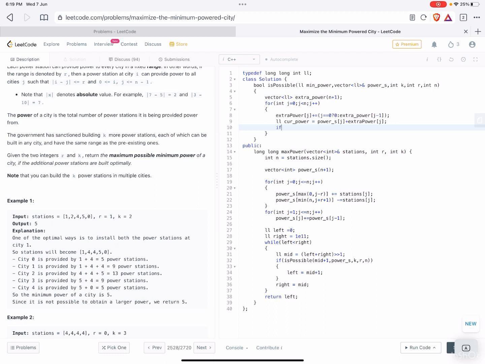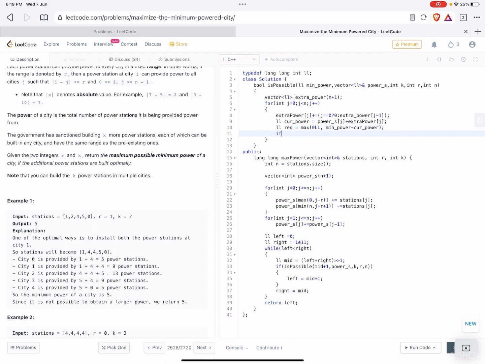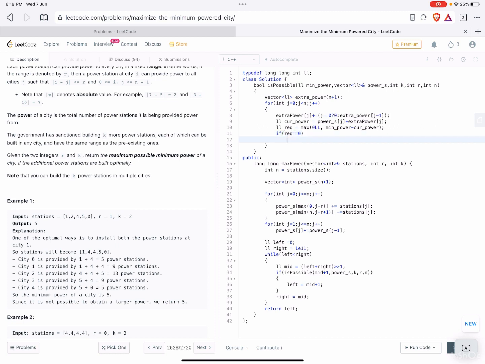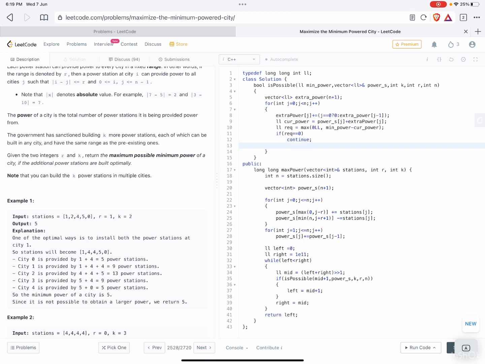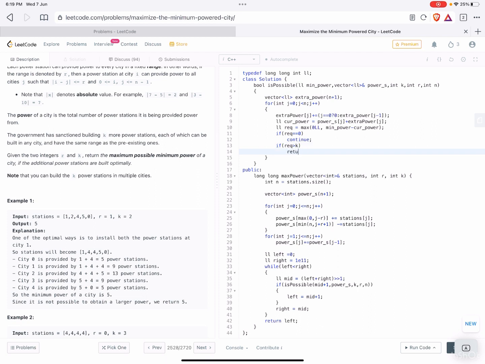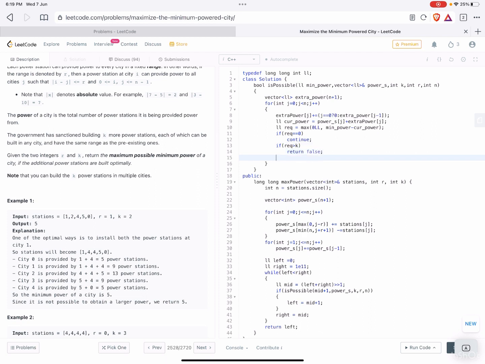So min requirement equal to max of 0, min power minus current power. If the requirement is equal to 0, then we can just continue. And if it is greater than k, that means we should return false because it is not possible.